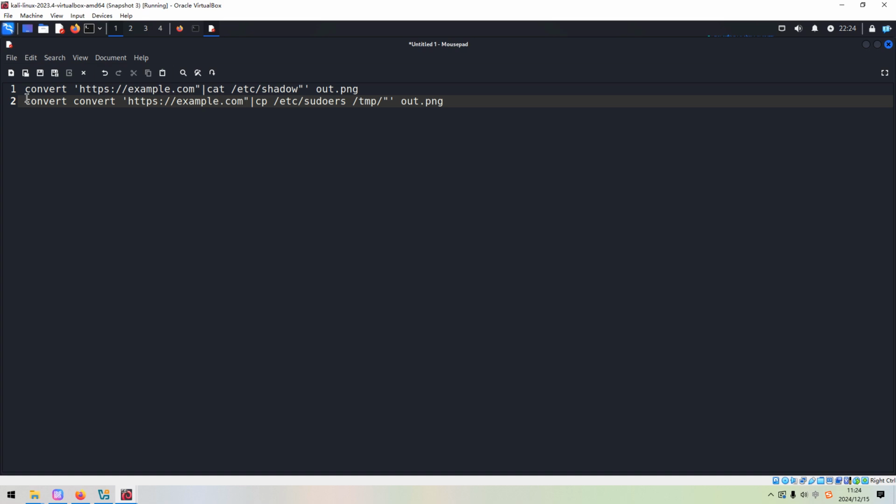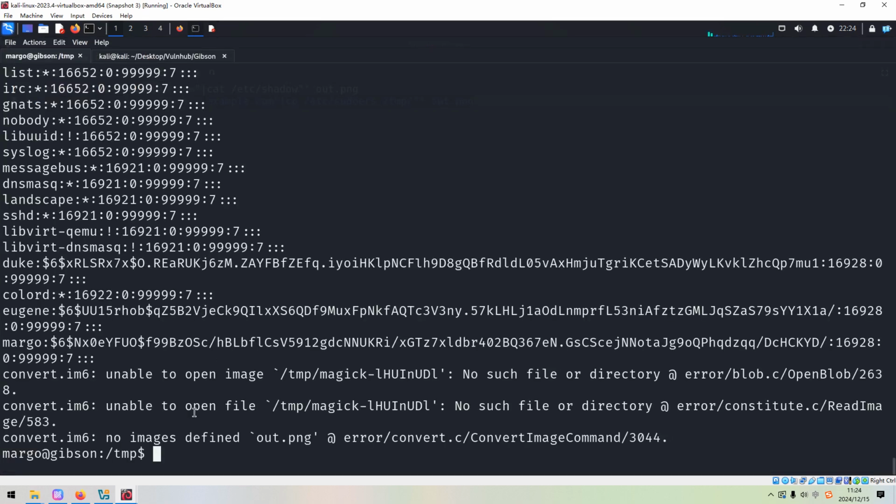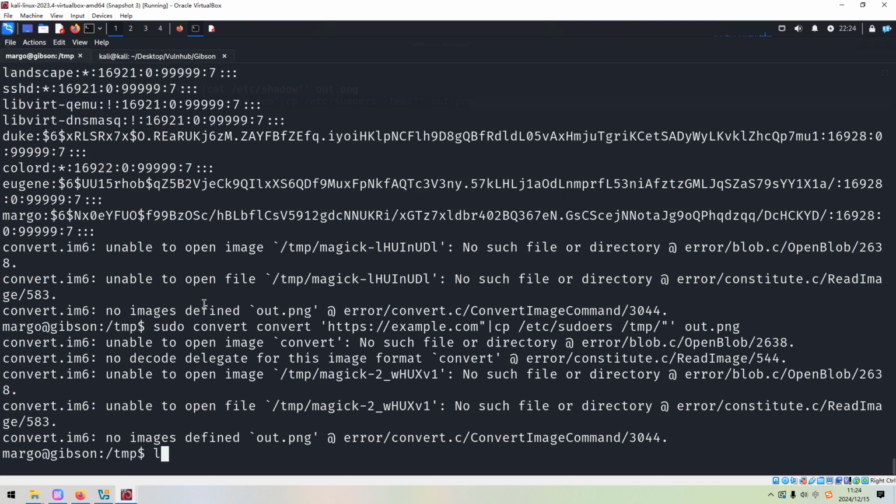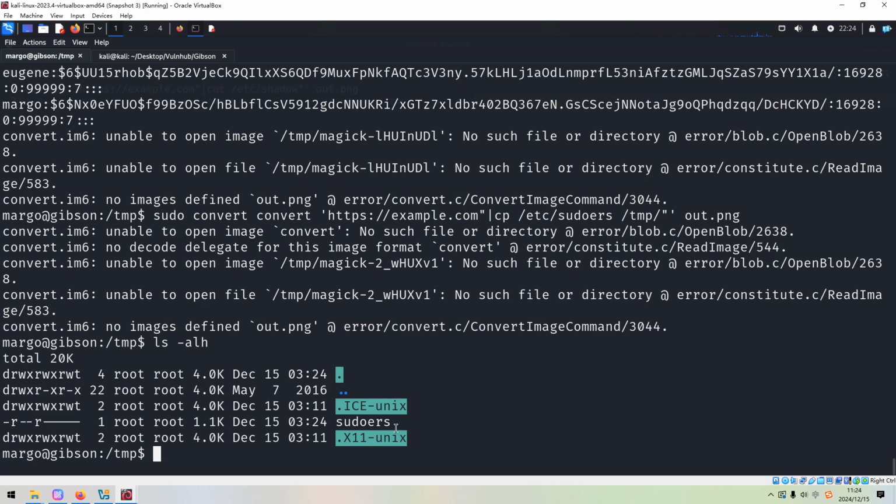Maybe we can put sudo in front. We can copy and, as you can see, we have already got the sudoers file. However, at this moment, the current user cannot read it because of its permissions.